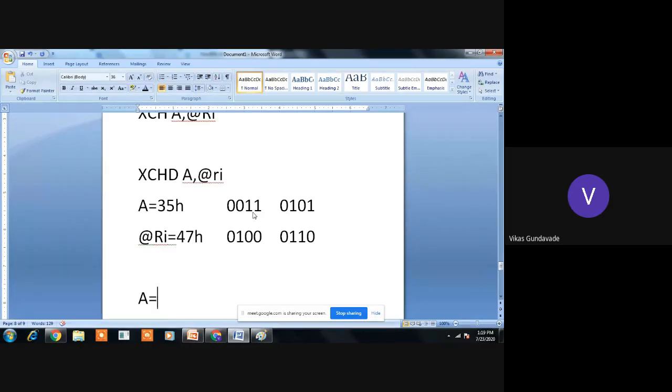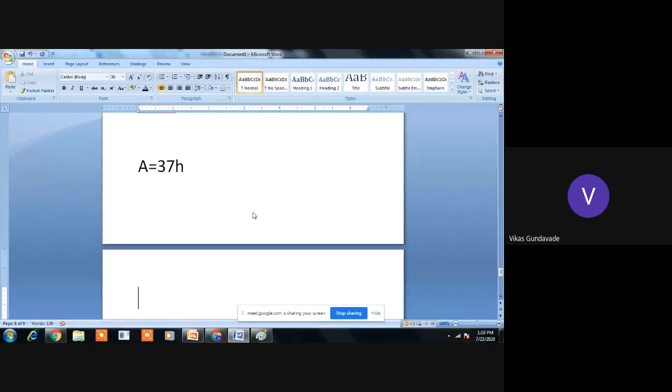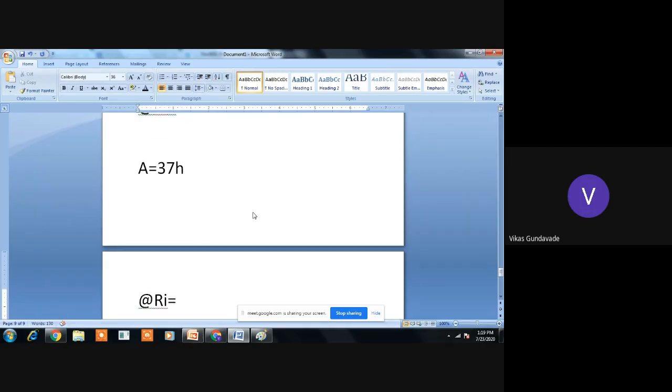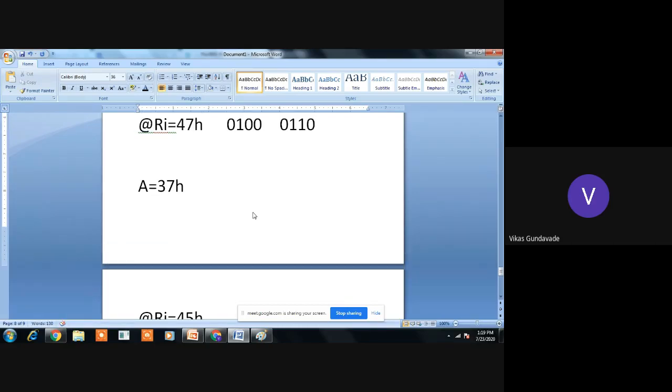Only the exchange between the lower 4 bits will take place. So here the accumulator contents will be 37H and the memory location contents pointed to by Ri will be 45H.